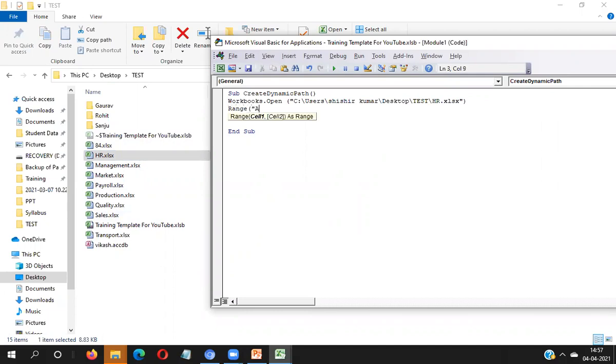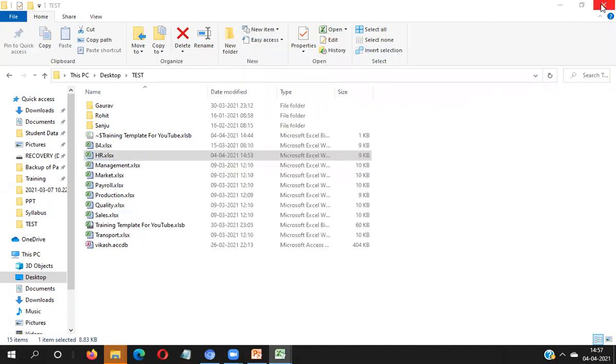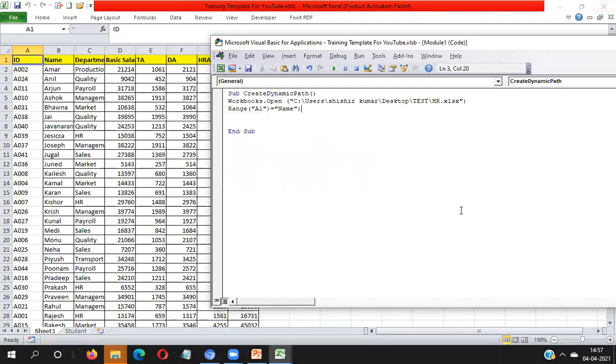Range A1 equal to Name, and Range B1 equal to Salary. Now I'm closing that workbook.